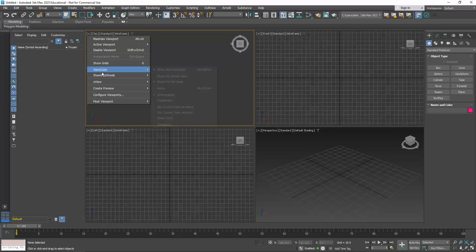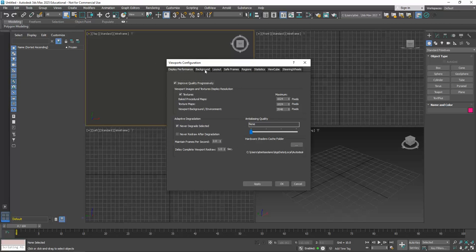Then we have this, which we don't need. We have here configure viewports. We can go here, and then we get a bunch more details. So one thing about 3D Max is that it's a very good software, but it's fairly complex because everything has so many options, right? There's a drop-down menu, there's a subcategory, a second subcategory, and it's not like, let's see,